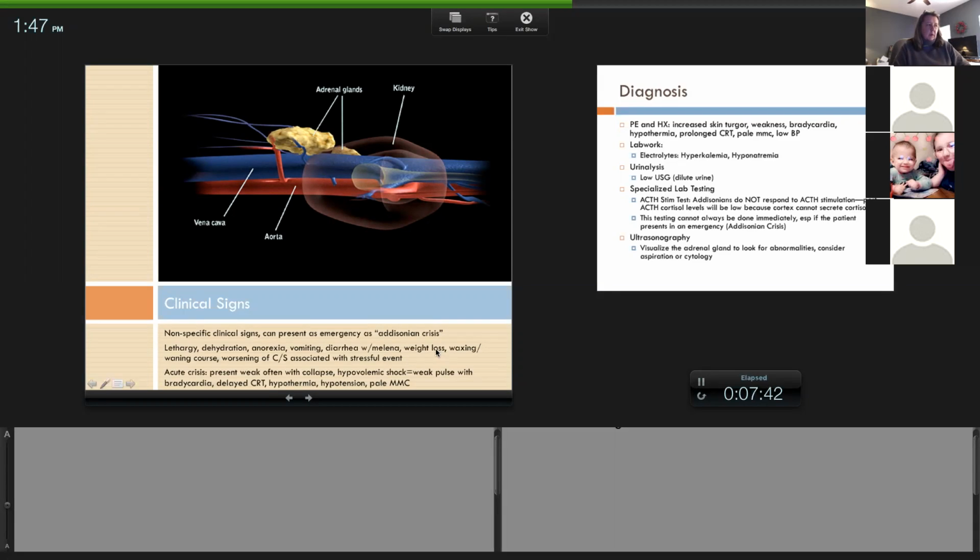So initially, the signs are kind of non-specific. You can see some weight loss, and this waxing and waning is really like you have good days and bad days. You might have your dog show some of these signs for a few days, and then they have a good day, and then they have a few bad days, and they have a good day. So it's not like they're consistently going downhill. They can kind of go up and down, feel good, feel bad, and so you may have a few bad days and the owner goes, oh, and then they have a good day and they're like, oh, they're better. And then, oh, they're not. So it can be frustrating because it can do this back and forth kind of presentation.